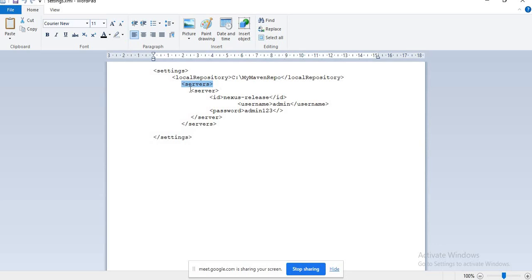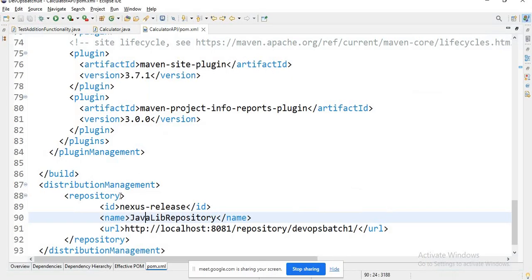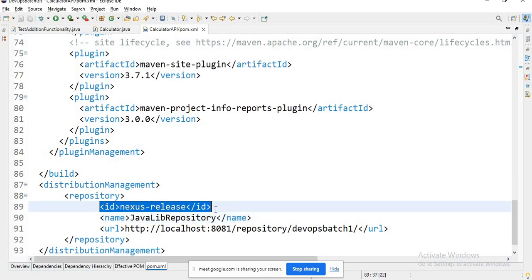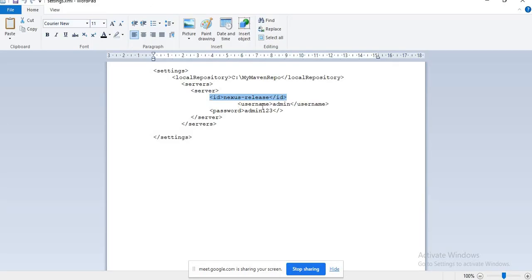Inside servers we have got server, and inside server we have got the ID. This ID here and this ID should match. And here we have provided the username and password of the user who has the rights to push the artifacts to the repository.